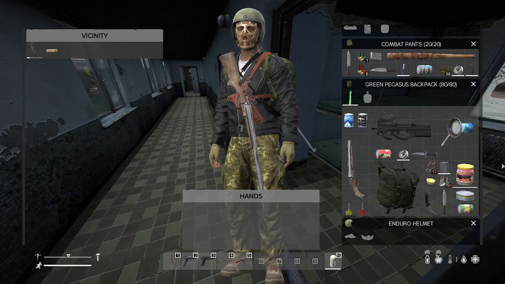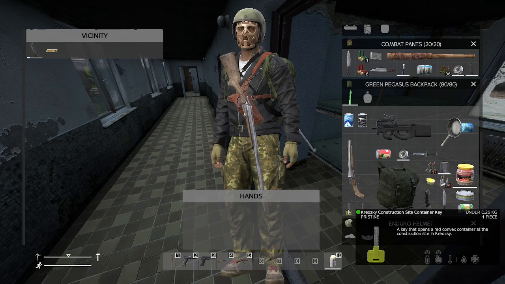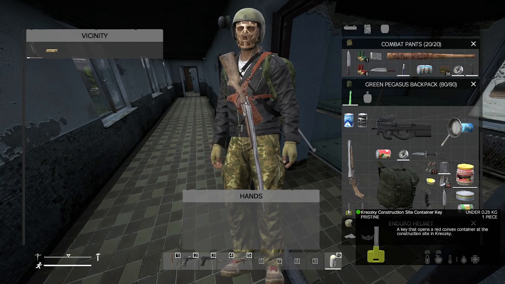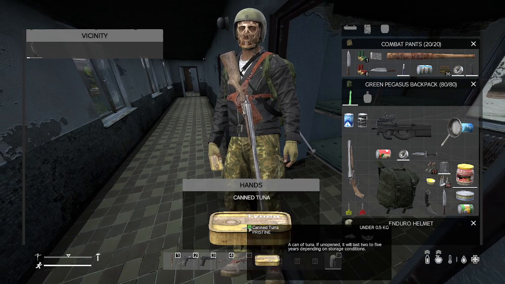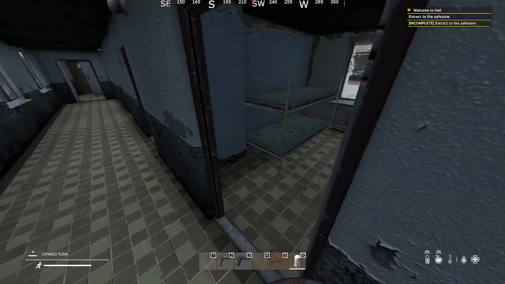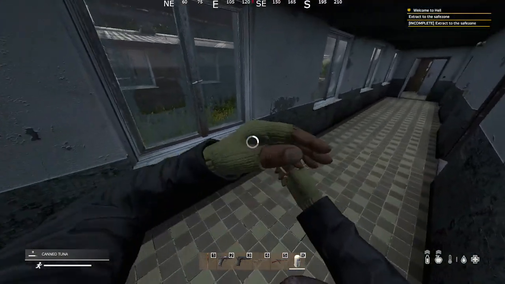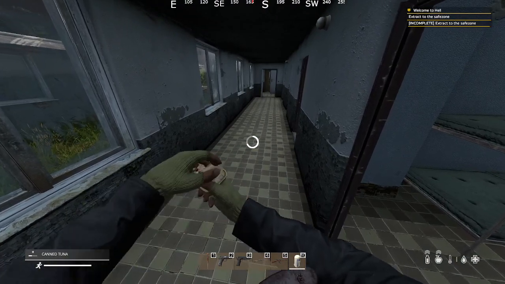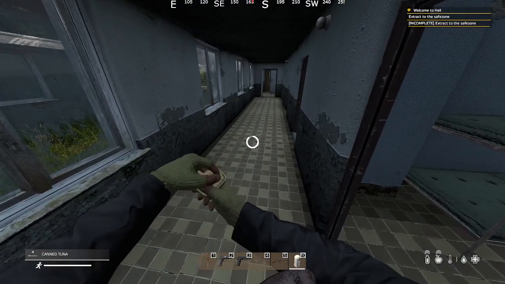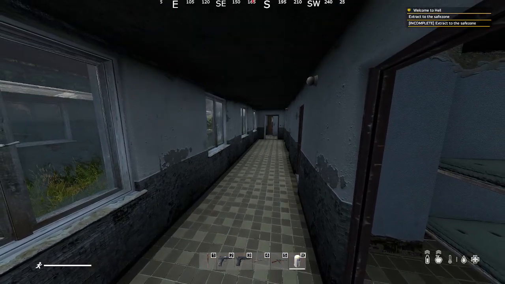Alright. Now this is Air Force main hangar key, Kryovsky construction site manor key. Yeah, I'm gonna go ahead and eat it. I eat until I get to the cat food. I eat 5 bites because I've never gotten sick ever if I've eaten 5 bites. Sometimes I'll eat